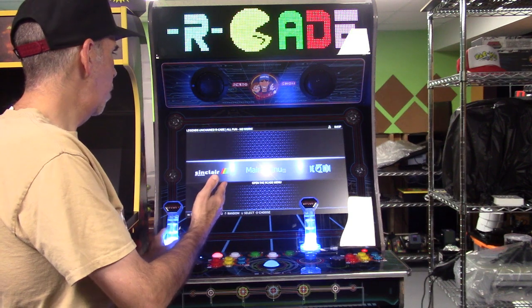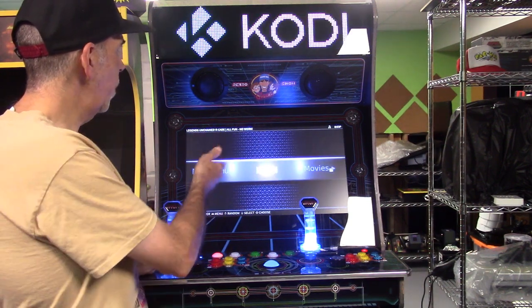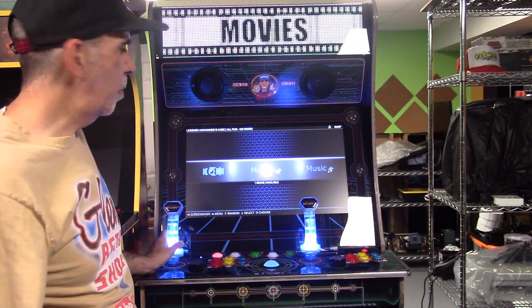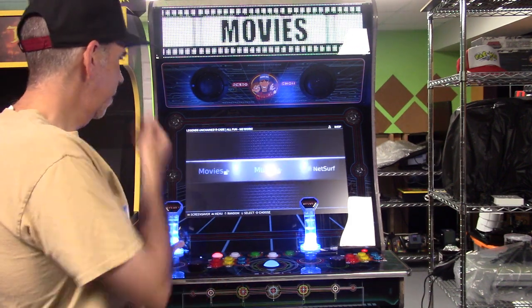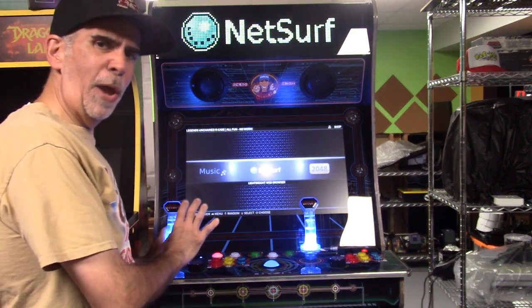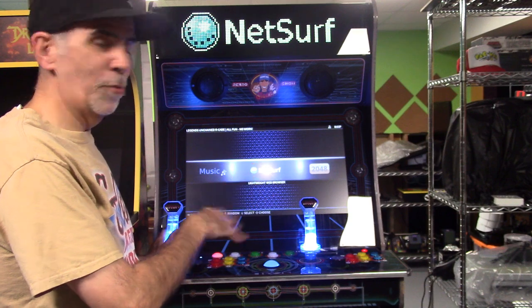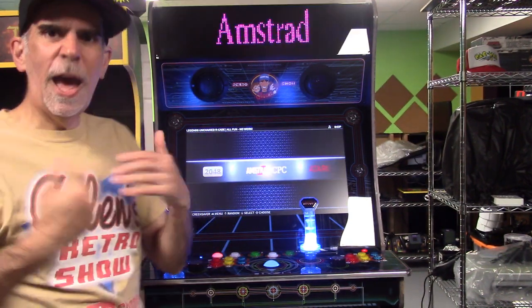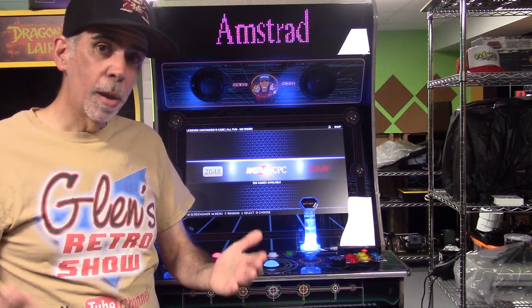You can see right now if I go through the menu, we have Kodi, which you see changing on the screen up here. You can play movies on the machine up to 4K. Play music, even surf the internet. There's a very basic browser in here. They're going to upgrade that, but there's a basic web browser you can use. And then you have some games installed here. So we have AMS. This is what I installed right now. Now you can install more. I'm going to show you ones that I